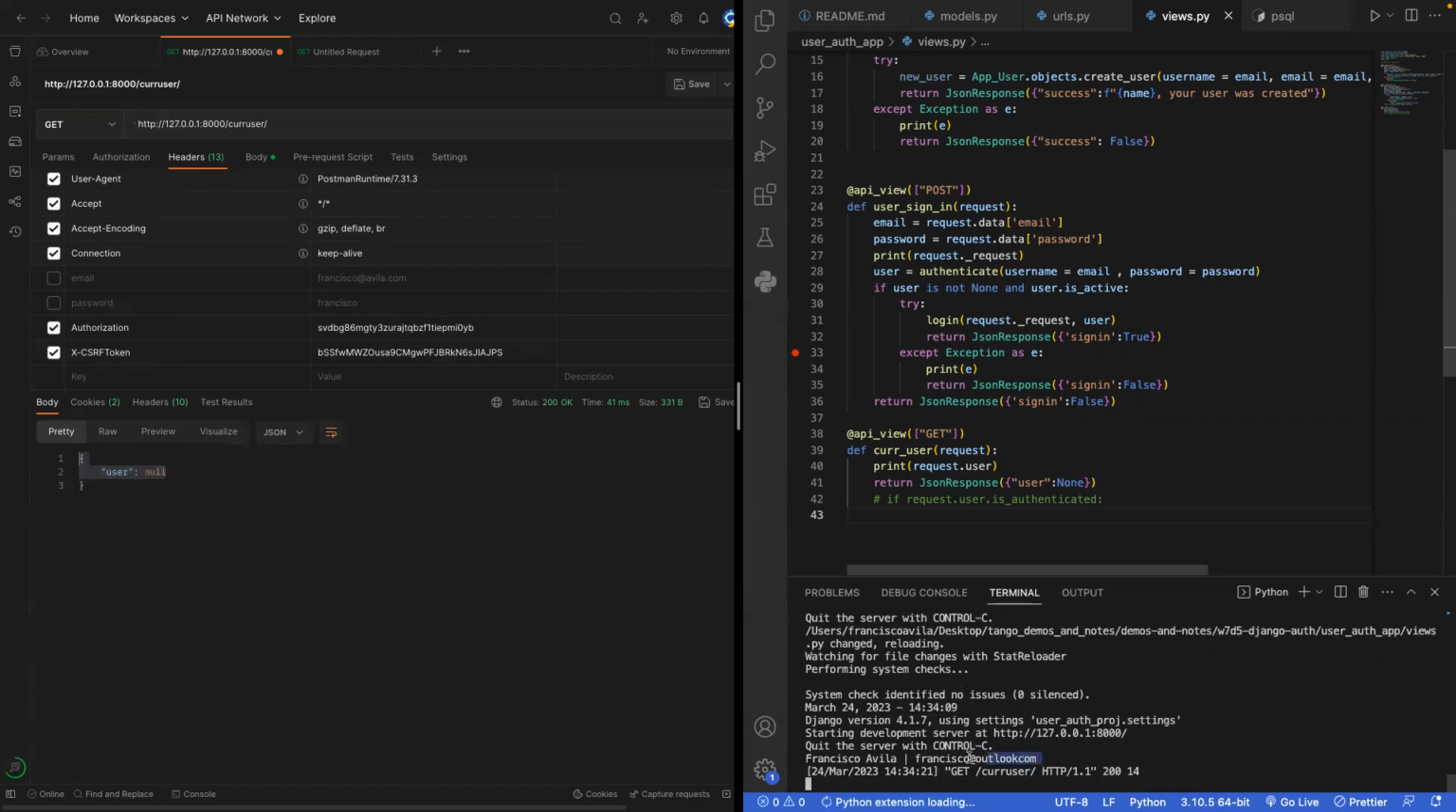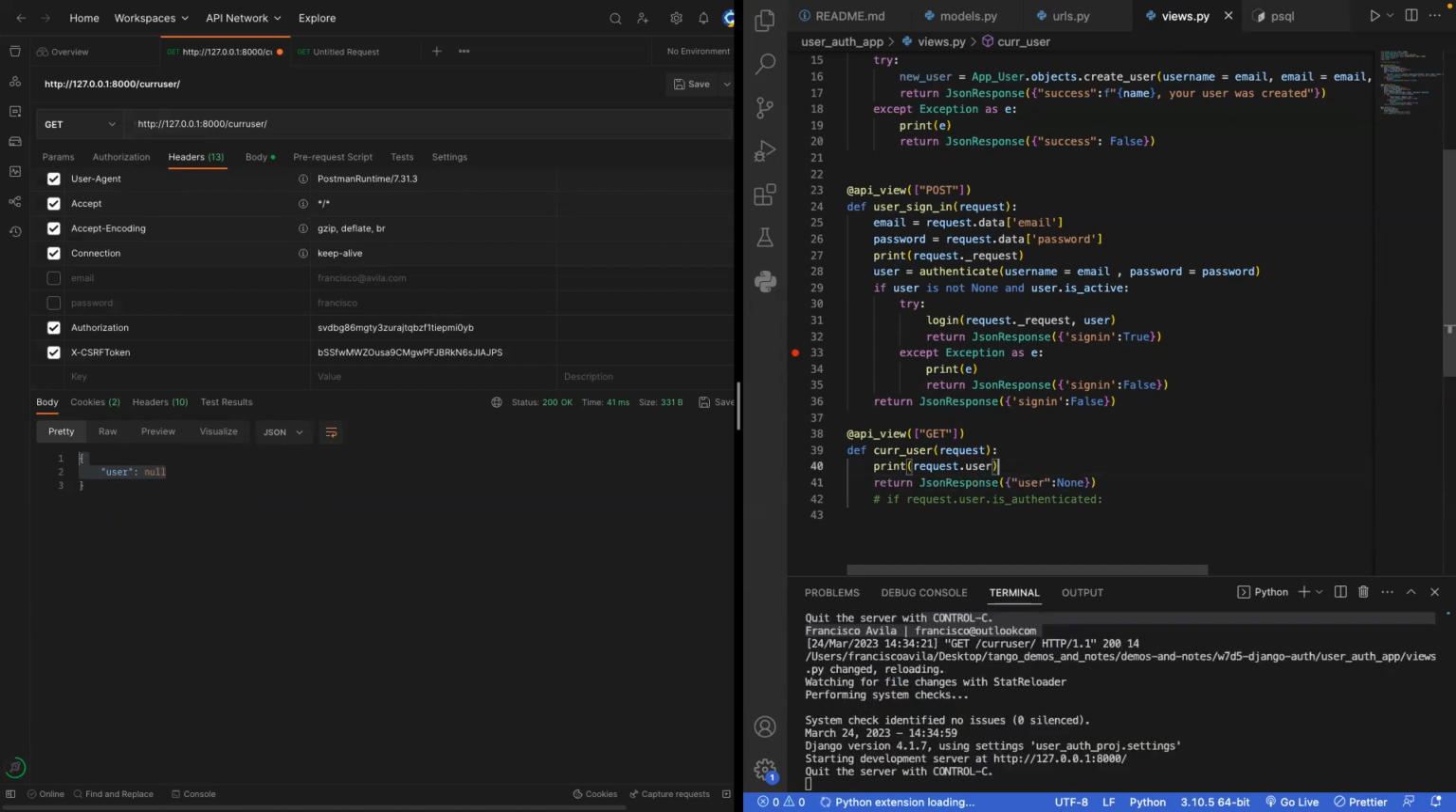But then when I print the user that's inside of the request, I see Francisco Avila and his current email, the dunder method that I gave the user. So now that the user is logged in and he's authenticated and his session has begun, every time there's a request that comes in, I can access the user that's sending that request by request.user. Awesome. So now that I have that, I can say that